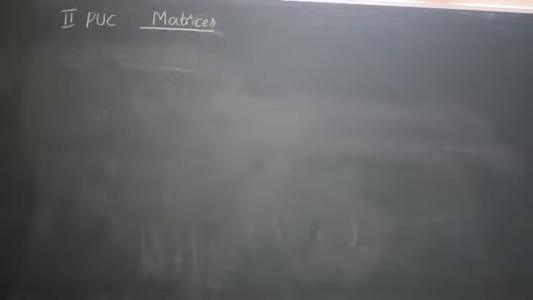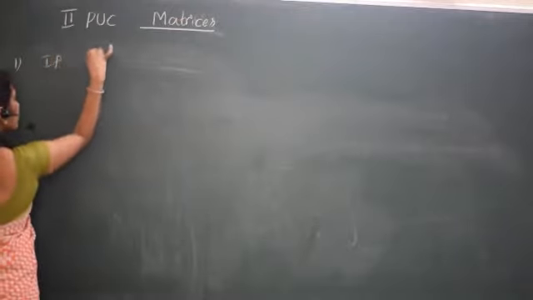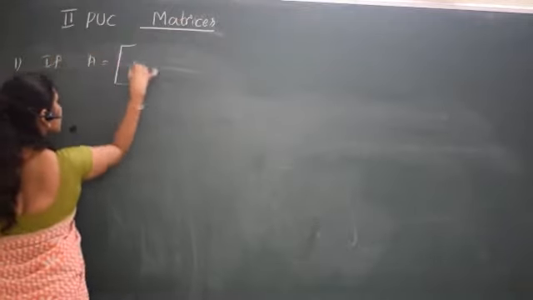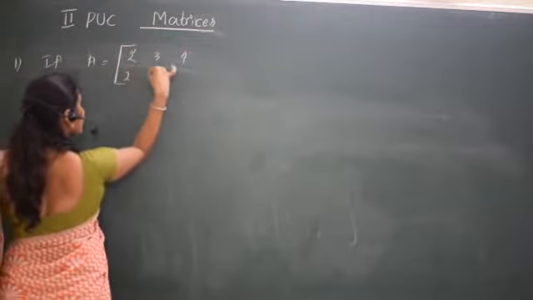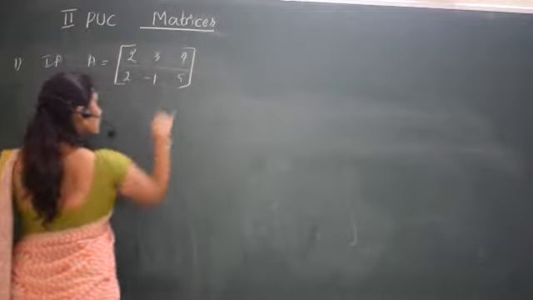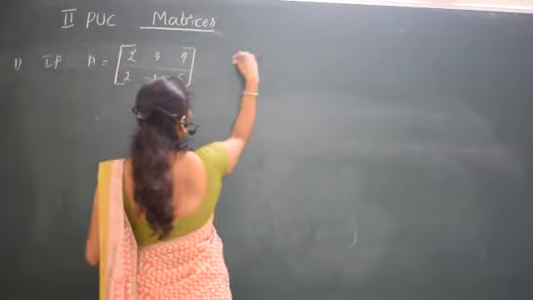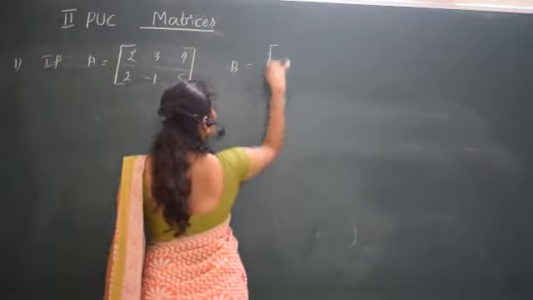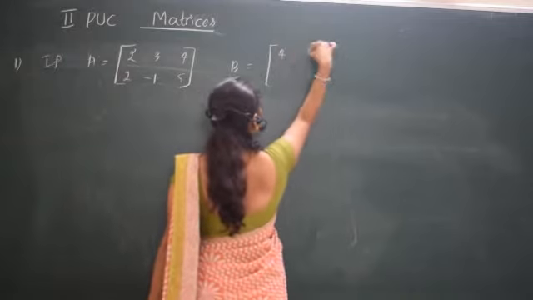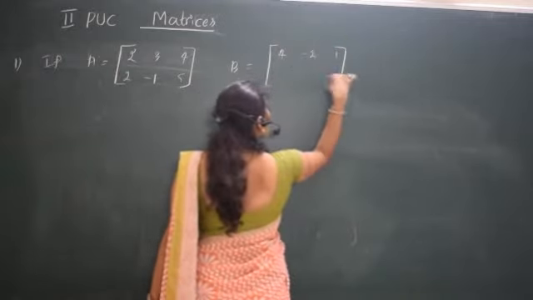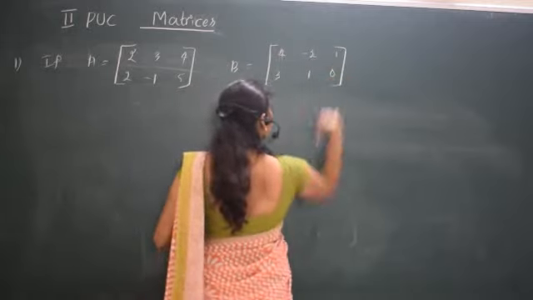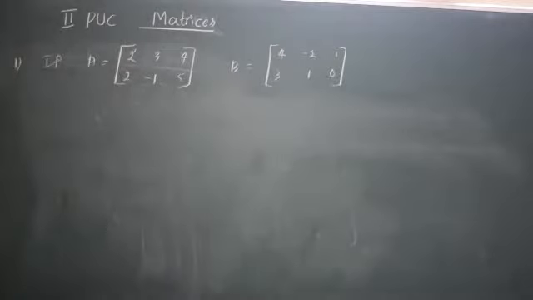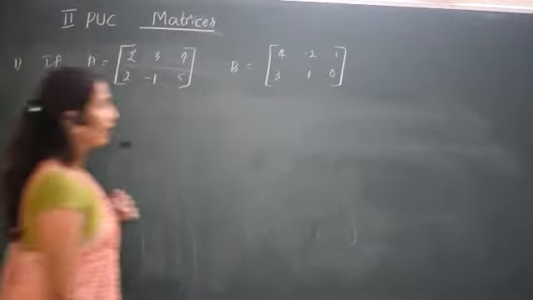So first one I'll give one. If A is equal to one matrix and B is equal to another matrix, so two matrices A and B are given, verify that